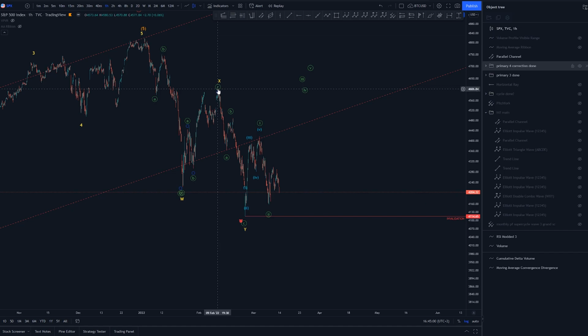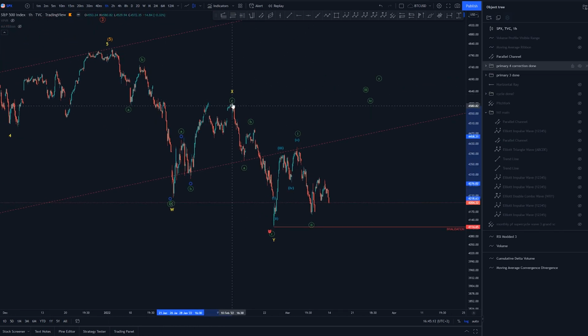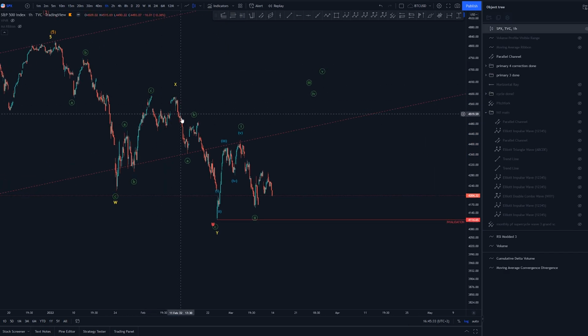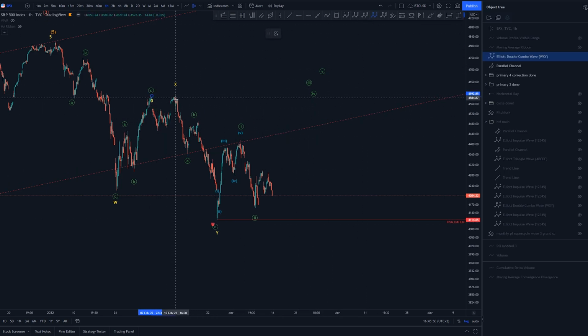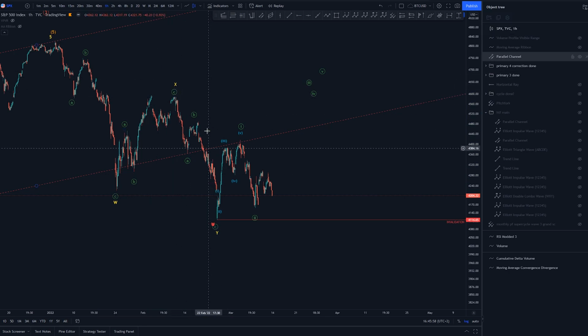Now I had some kind of an issue here with where this ABC here ends. Is it here? Or is it here? The better location for this, at least for me, I think is having a truncated fifth, although I really don't like them. I'm thinking this as 1, 2, 3, 4 and 5. Now if we had the C here, I'm not sure how I could bring out any kind of count here. I guess I could bring lower time or lower degree WXY into here, so it'd be ABC, ABC, ABC here, but I prefer this as this subwave